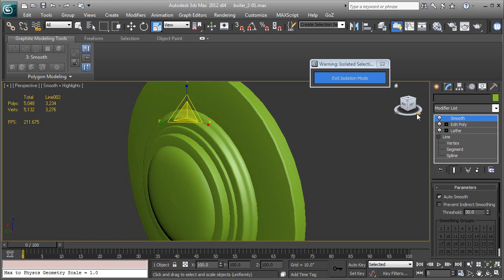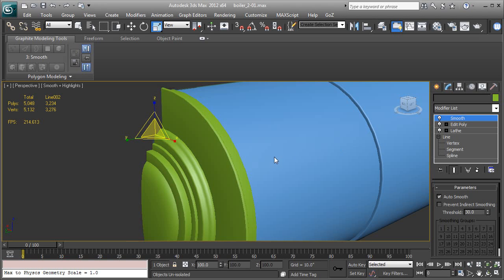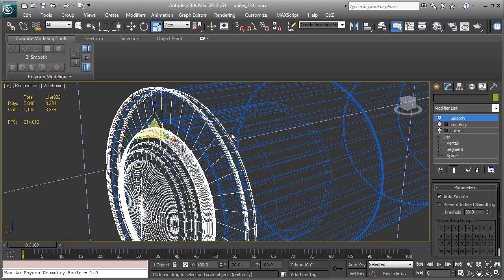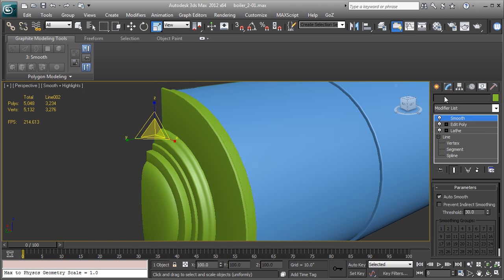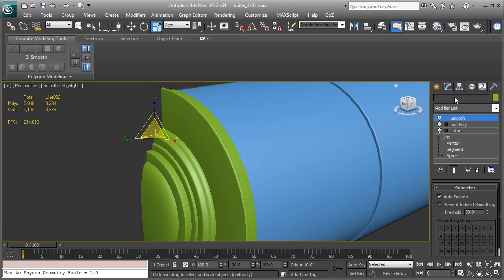Which reminds me now of another thing we need to do. We need to come in here, let's exit isolation, and we need to start naming our models. So this model, right now, we're going to click out in space, click on the model, and we're going to name this model. We're going to call it